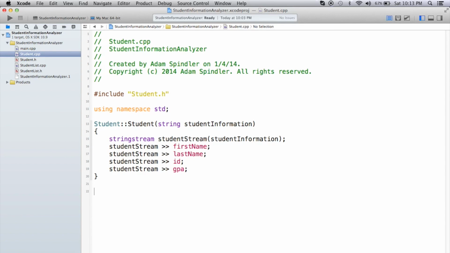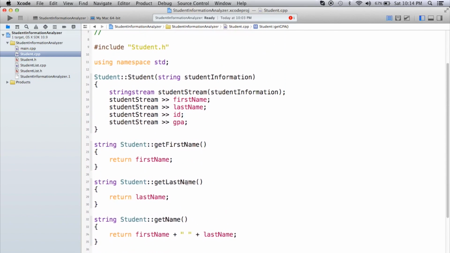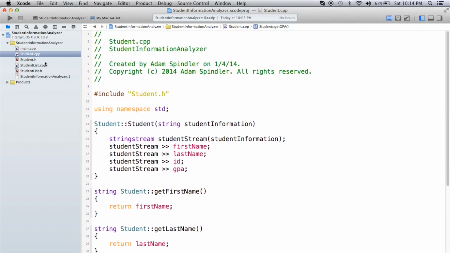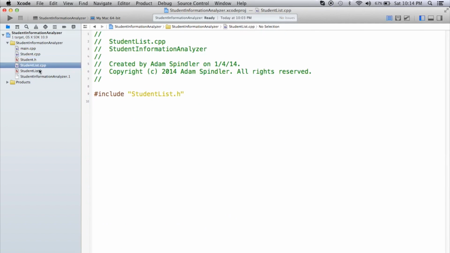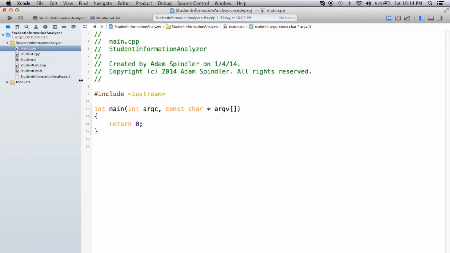So now let's go ahead and create our getters. Okay, so now we have all these getters done, and that's really all that we need to do. So let's go back to the, well actually, what we should do first, before we try implementing or creating the student list class, we should go ahead and test out our student class. So we're going to go ahead right here and just say include